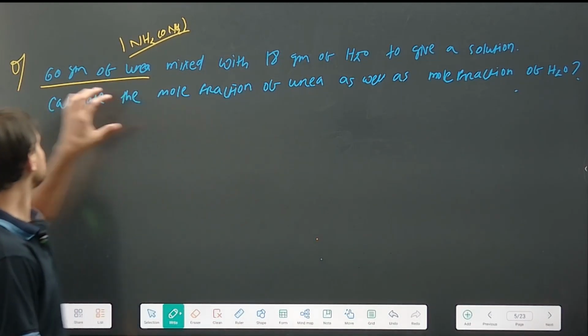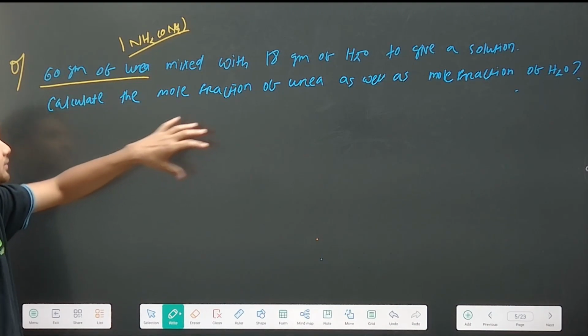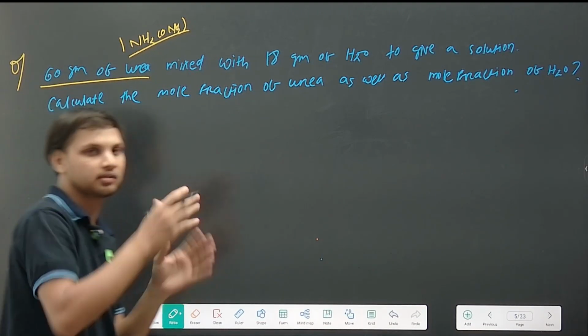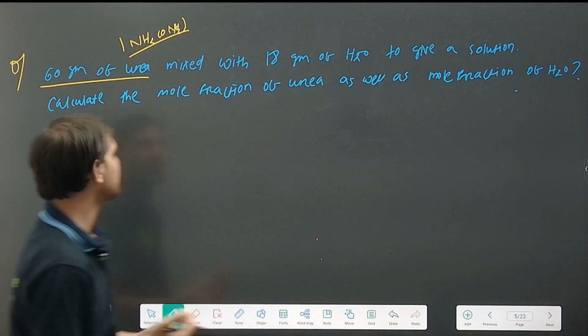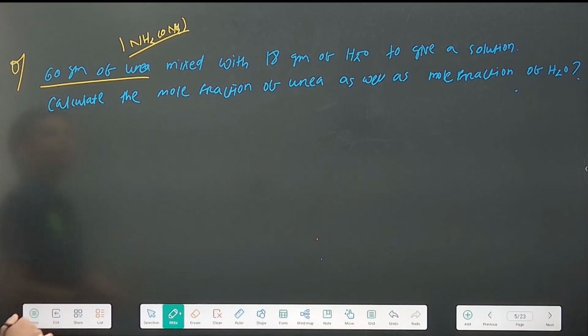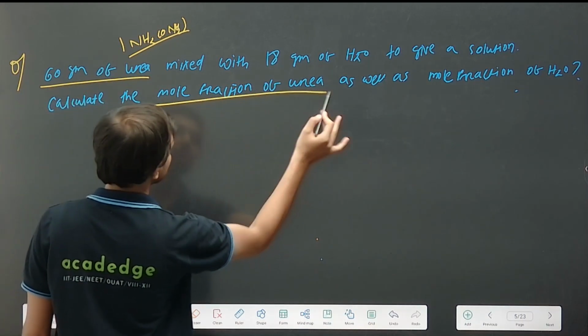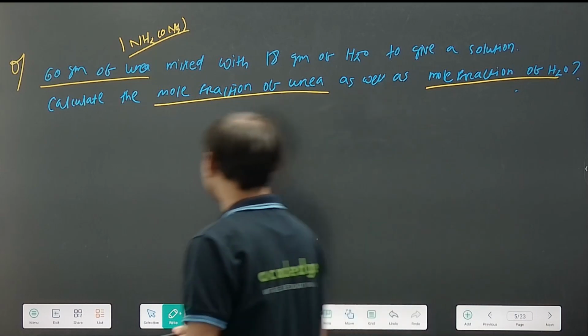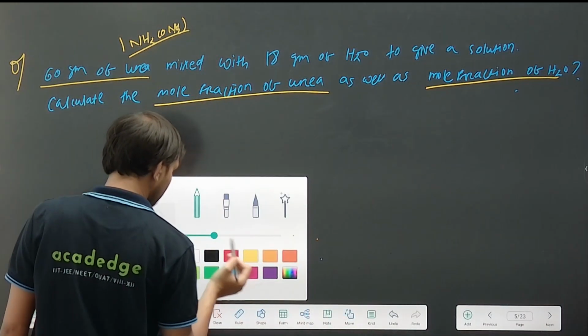Like 60 gram of urea in a container, and I put 18 gram of water in that, and I mixed this solid and solvent to form a solution. Okay, then calculate the mole fraction of urea. So I have to calculate the mole fraction of urea as well as the mole fraction of water. Okay, so from these questions I got to know that